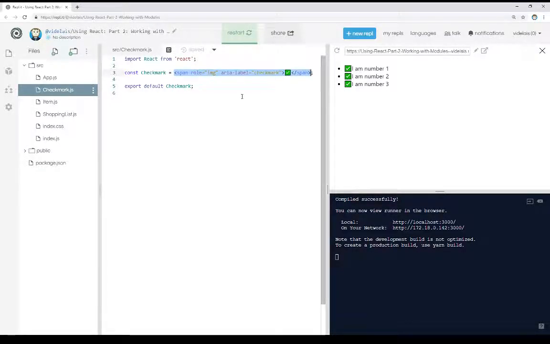It is a span with its role acting as an image and a label of checkmark so that any screen readers will know this is a checkmark. And then we're using emoji right here to show the checkmark symbol we want represented as a character instead of as an image. Now the reason I'm doing that is because it will help with scaling and screen reading and